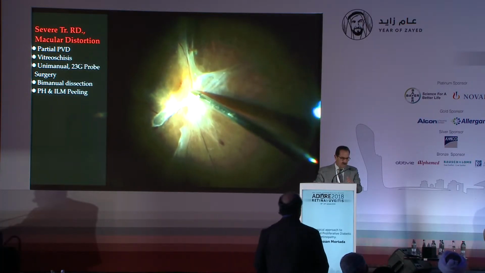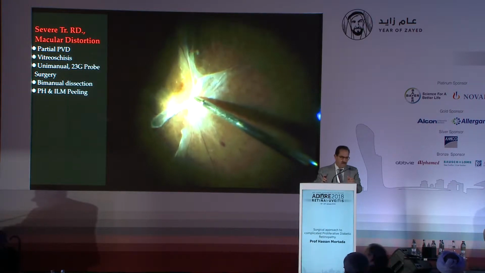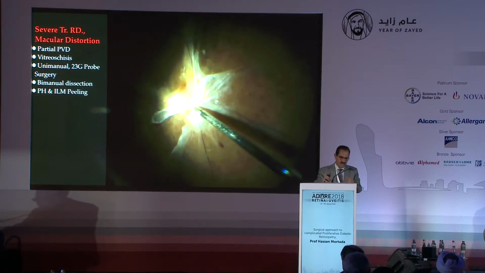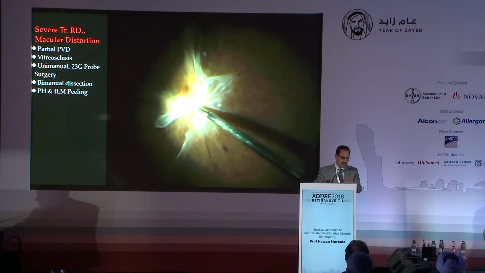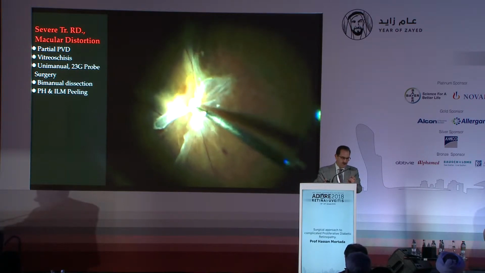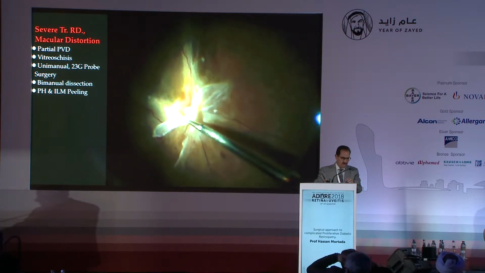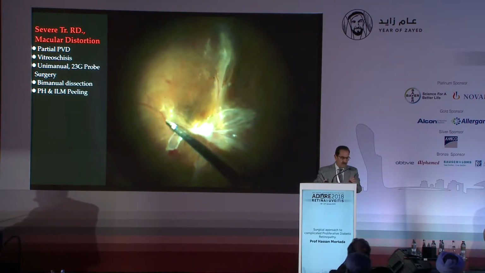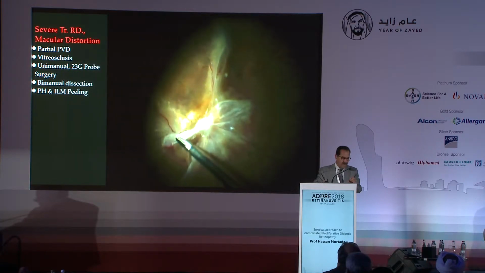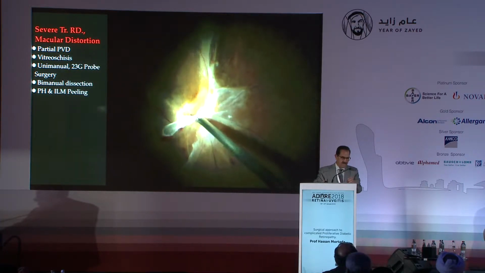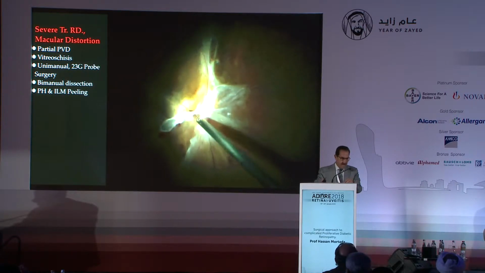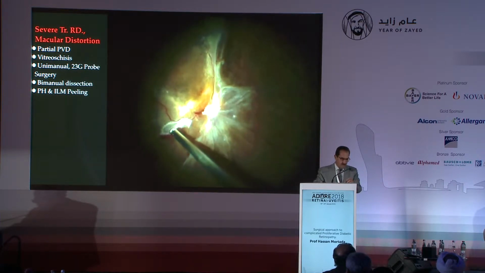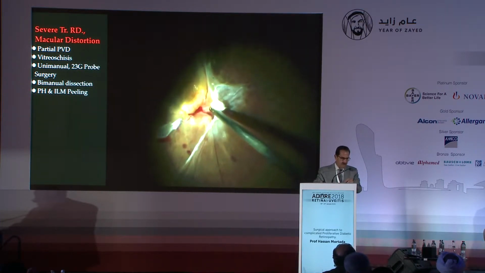But the forceps is used. I couldn't remove the fibrovascular tissue from the periphery to the center, so I decided to work from the center to the periphery. The forceps is used in order to detach the stalk from the surface of the optic disc, and at the same time testing the adhesion of the fibrovascular tissue to the underlying retina. Sometimes by doing this, the adhesion is loose, and you can peel a lot of membranes, and then you can perform the segmentation, and